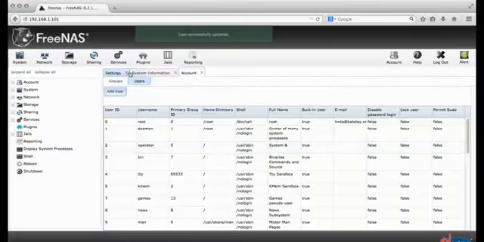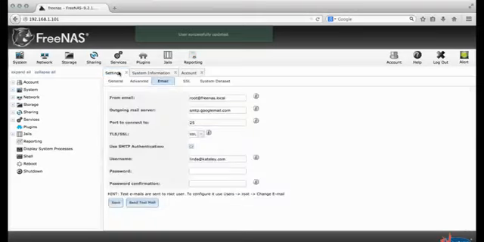Once that's done, I can go into Systems, Settings, Email. The from email is not that important, but what is important is that you put in a valid outgoing mail server. For my Gmail account, I just have a Google Mail here, but you may have your own company corporate email server, outbound email server. The port to connect to, the type of authentication, and then if you're going to use SMTP